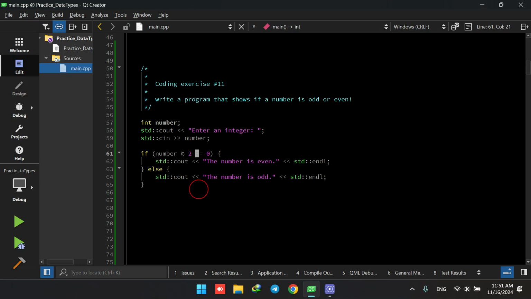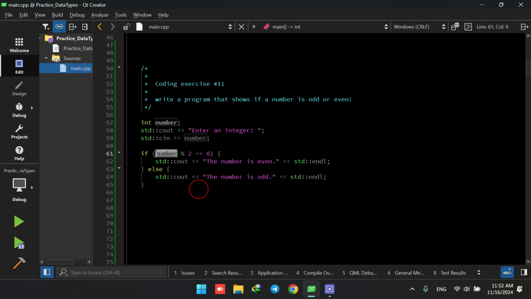When we use 1 equal sign, it returns an error, because in the C++ programming language, 1 equal sign means that we want to assign a number to a variable. Previously, if you remember, we used to define int a equals 2. It means that at that time we were using only one equal sign, and the number 2 is assigned to integer a. However, here we are not saying that we want to assign 0 to something. We're just making sure if the